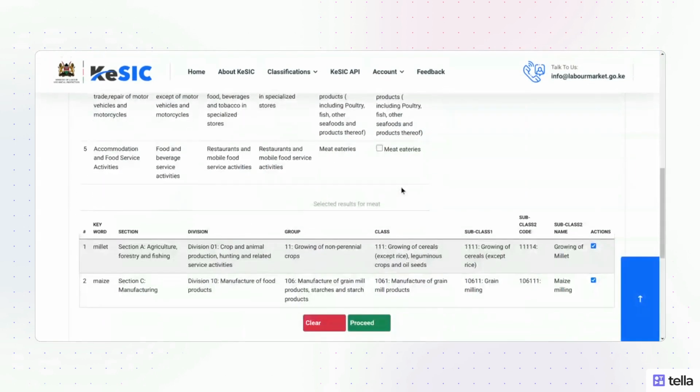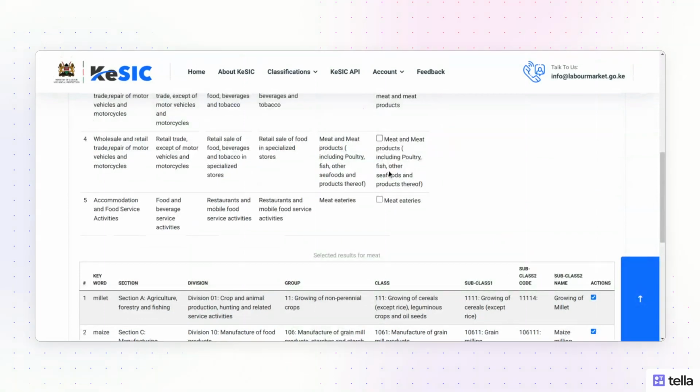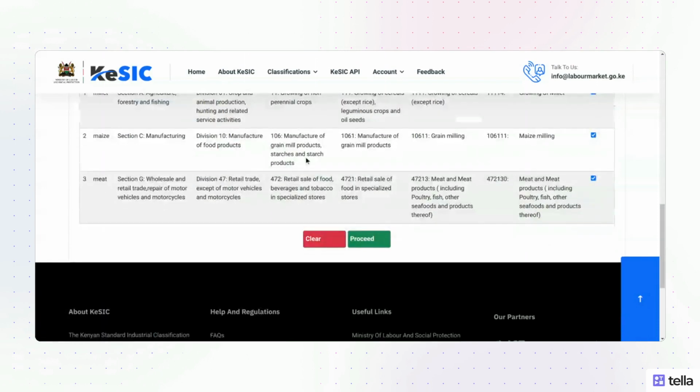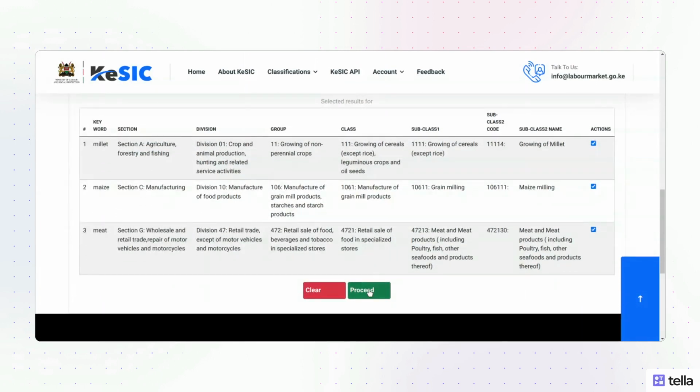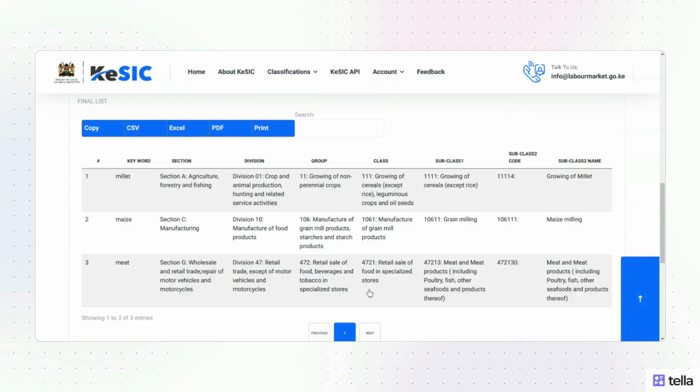So we have a number of them, and maybe the person that you interviewed is dealing with meat and meat product. You can click on that. Once you are done with all your coding, you click on proceed, and this will take you to this page where you can now download this data into either Excel, PDF, or CSV. So you download it into CSV, you just click this, and then it will download, and you can integrate it with your